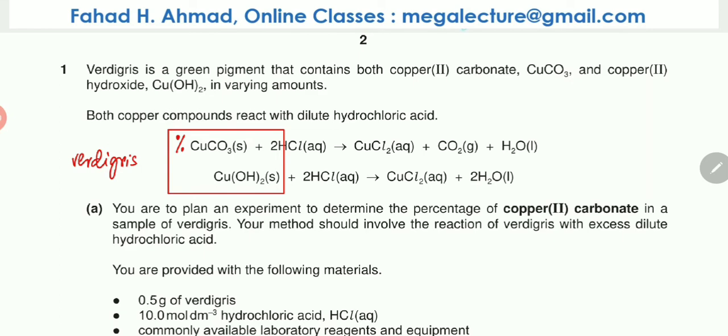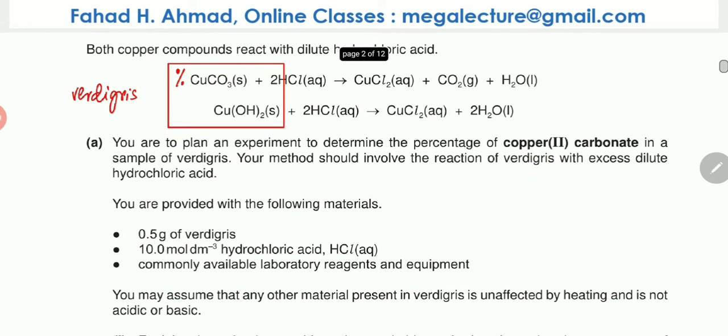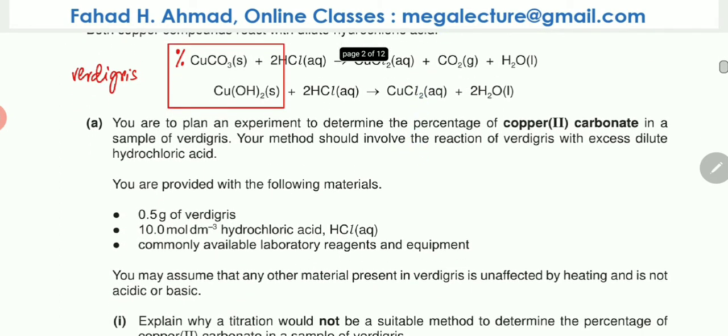Now, to plan the experiment, you're also provided with some materials. You have 0.5 grams of a sample of verdigris, this entire thing, a mixture. And you're given 10 mol per dm cube of hydrochloric acid, HCl, and commonly available laboratory reagents and equipment. So the available apparatus is already present in the lab with you. And you may assume that any other material present in verdigris is unaffected by heating and is not acidic or